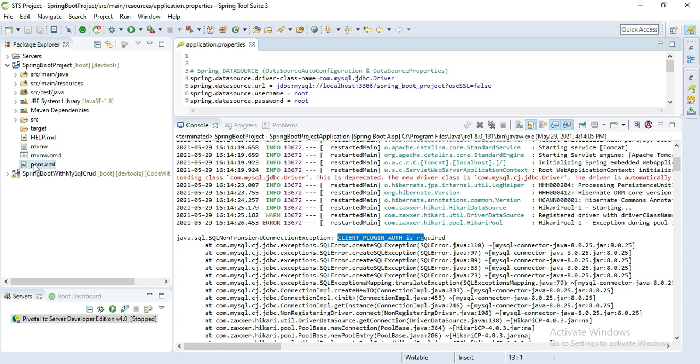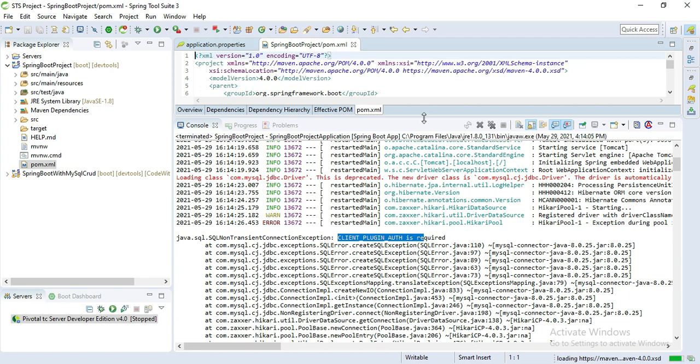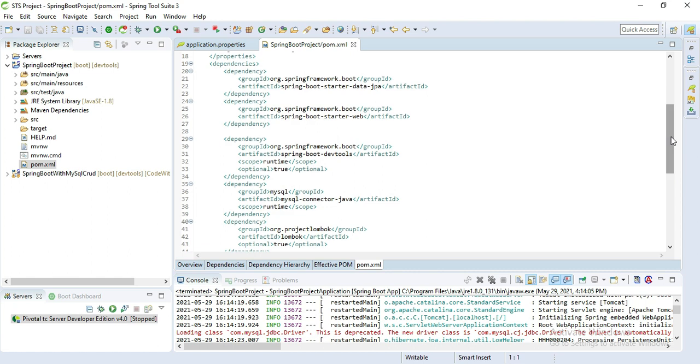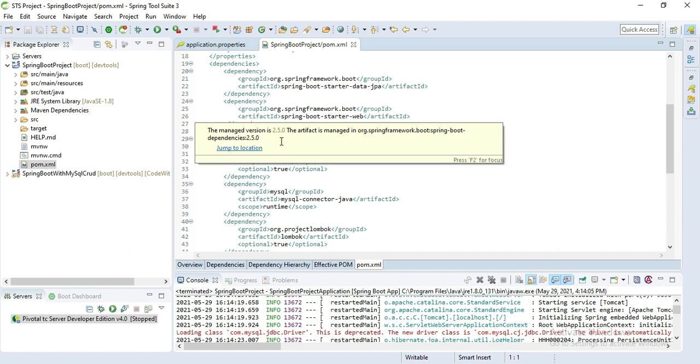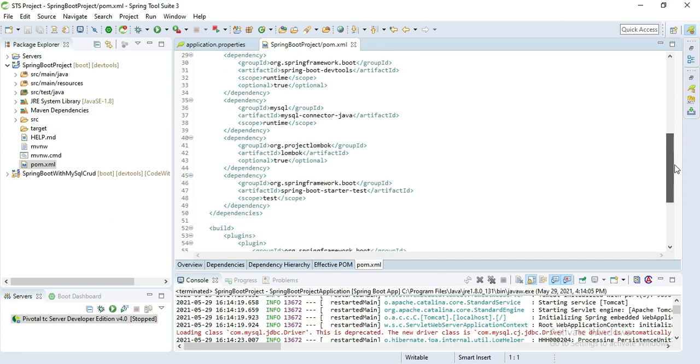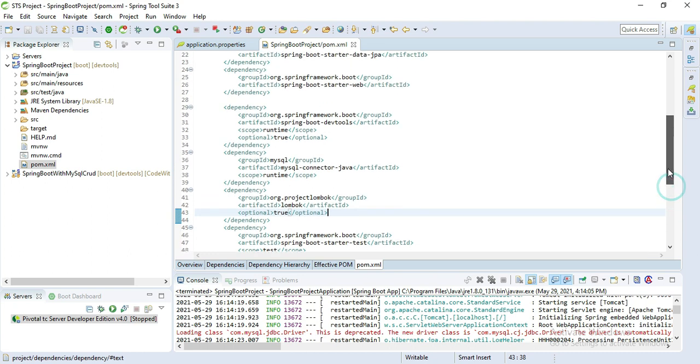If I open the pom.xml file, you can see all the dependencies we added during project creation: JPA, Spring Boot Starter Web, Dev Tools, MySQL connection, as well as Lombok and Spring Test. These are added by default.